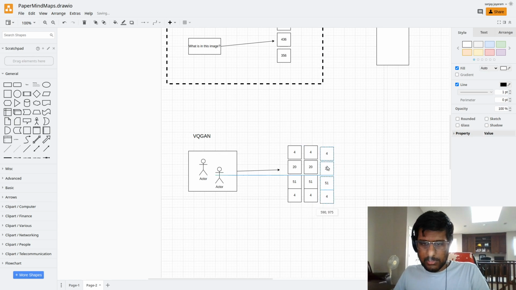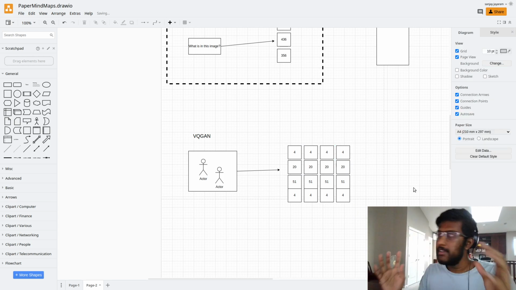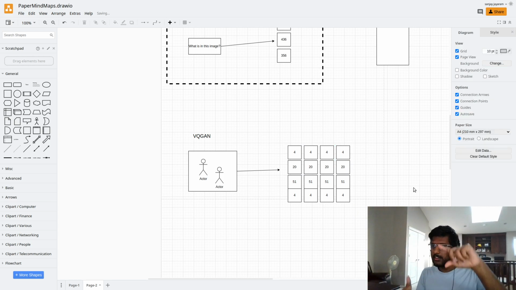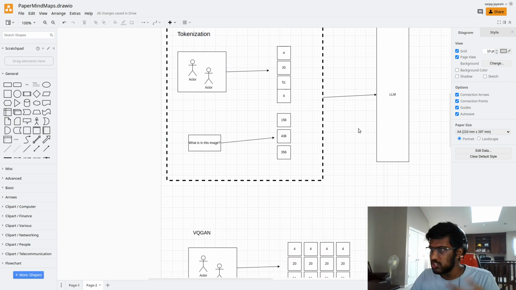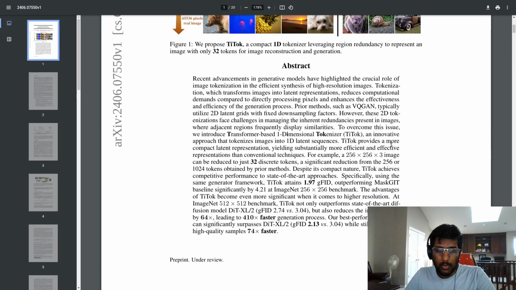The numbers are going to be different, obviously, but because an image is natively a 2D grid of pixels, it feels really natural to have it be a 2D grid of tokens, right? And so then you'd feed this into the transformer, and the positional embeddings would be like, hey, this is a 2D grid. What this paper is saying,